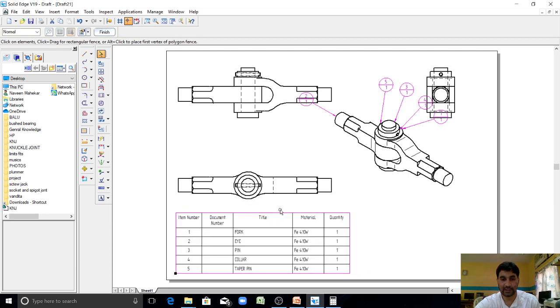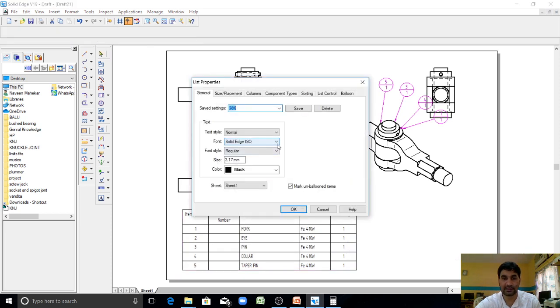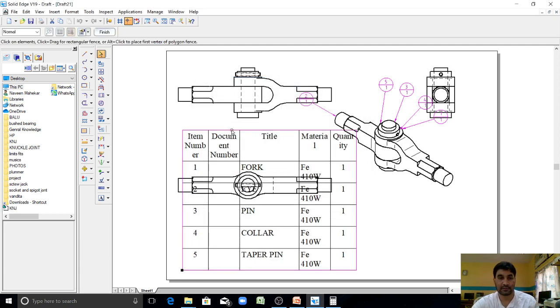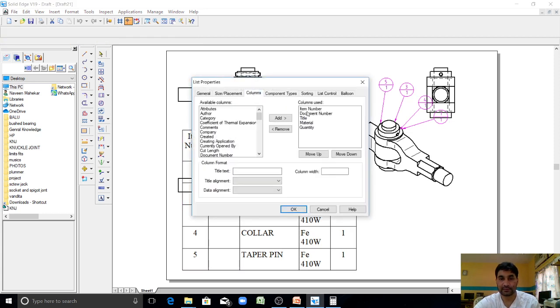Now you can edit the content of this. In order to edit this, right click on this, click on property. You can change the fonts to Times New Roman and make the height 5 mm. Click on properties here. Columns: you remove the document number which is not required. Item number, I'll make it as serial number.